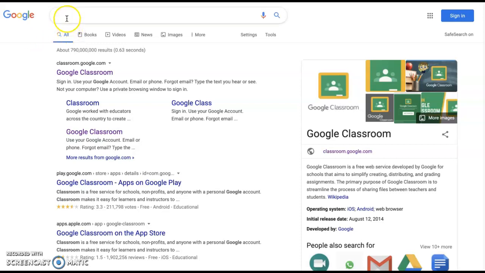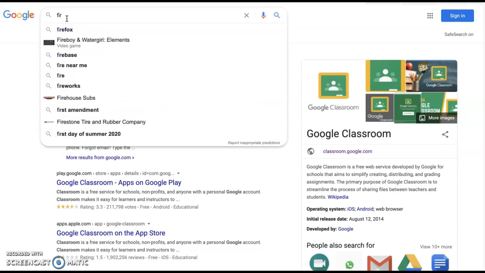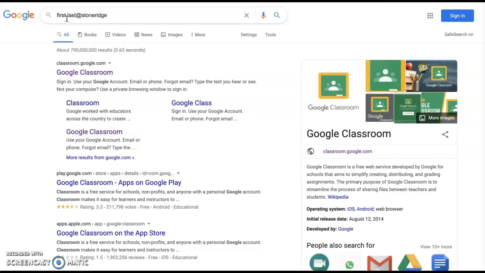So when you open up their Chromebook or their tablet, the first thing one should do is use the student's, your child's, first, period, and last name at Stoneridge Academy K12.org. And the password,